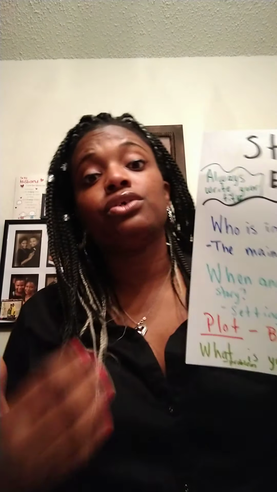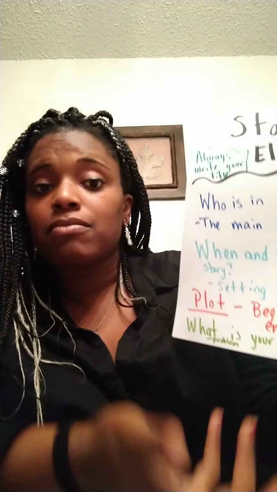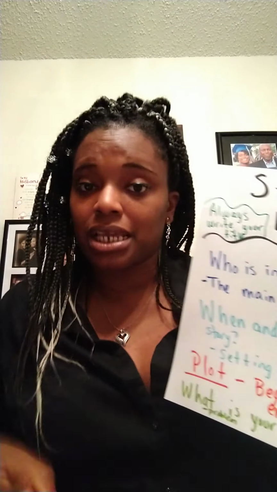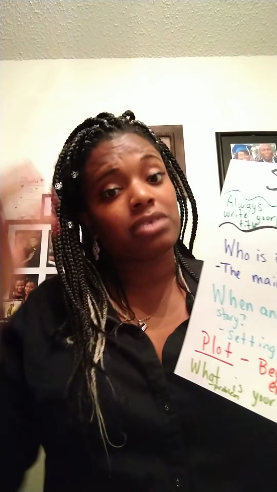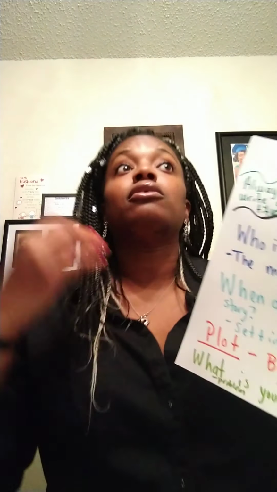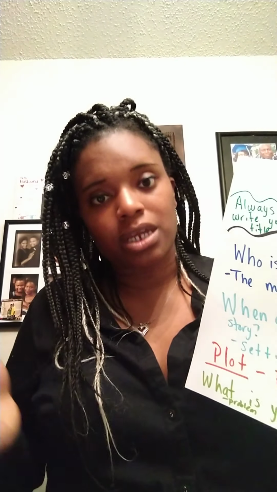That's your setting. Make sure you're using these questions with them as you're going over it, so they're hearing that vocabulary and the words they need to hear to understand what's going on and to help with comprehension as well. Then the plot. The plot is the beginning, middle, and end. So they need to hear the word plot, and they need to understand that it's beginning, middle, and end. We go over this in class, but sometimes we go over so much stuff that it's lost. But if you get them started, like, so what's your plot? It goes beginning, and they'll be able to tell you, oh, middle and end, and they need to know what happens in the beginning, the middle, and the end of the story.